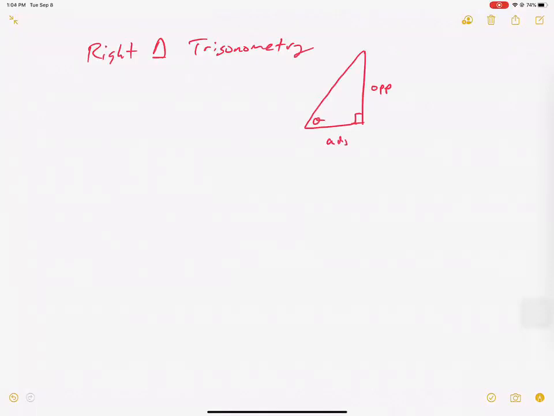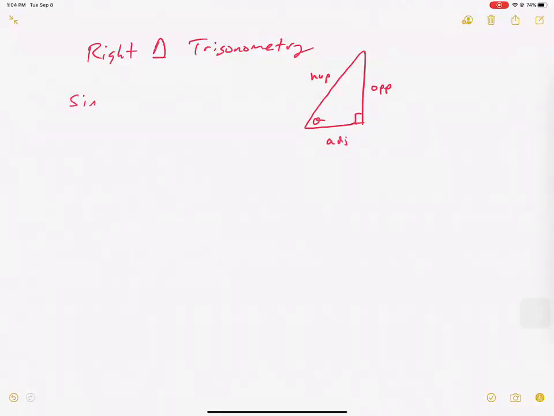So we're doing right triangle trigonometry. We drew a right triangle, and I'm going to call this angle theta. For theta, we had some characteristics. For instance, we would say this is the opposite side of theta, this is the adjacent side to theta, and we have the hypotenuse. So knowing the three sides of this triangle, we can then lay out our sine, cosine,